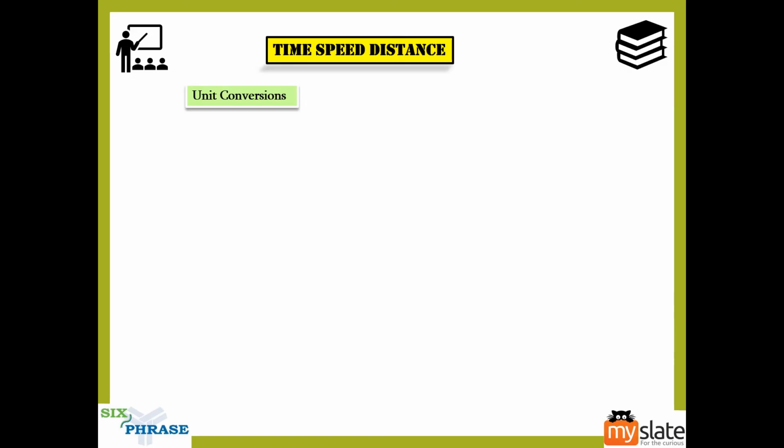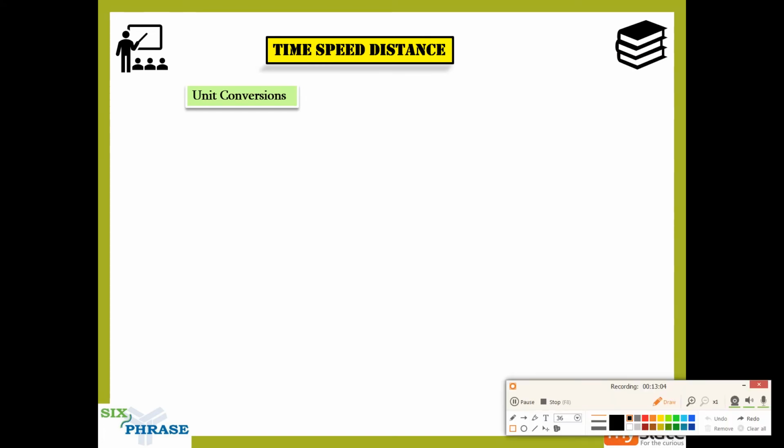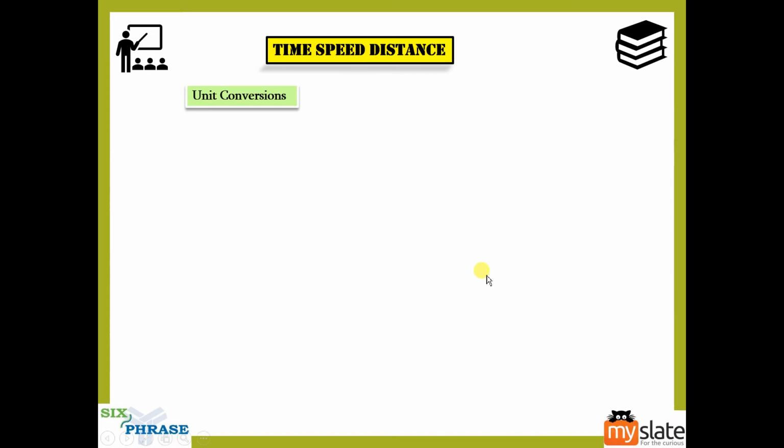Now, I talked about this briefly at the top of the session, guys. You have to know the unit conversions well to do these problems correctly. Okay, unit conversion is very important. Sometimes the speed would be given in kilometers per hour, but the time would be given in minutes. You cannot use them in calculations like that. You either convert the speed into per minute, or you convert the time into hours. So this unit conversion, I just want to make sure you all know this. You already studied this in your lower classes, but most of you would have forgotten this. So I just thought I'll make sure that you remember it.